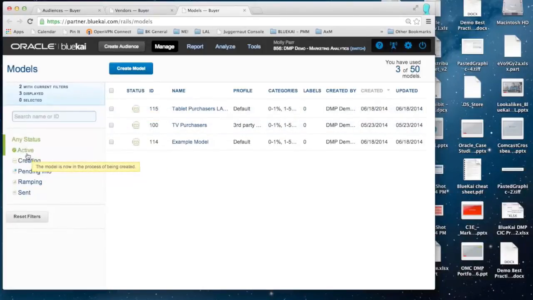And then when it's ready for me to use, it'll switch into active. So I now have full transparency into that process. It typically takes a couple days to a week. And when I come back in and see that that model is active, I'll know that it's ready to be